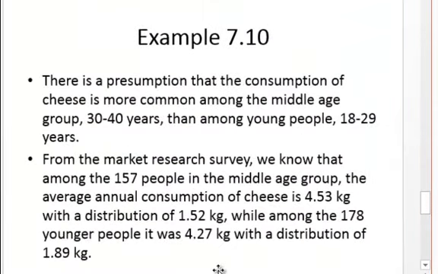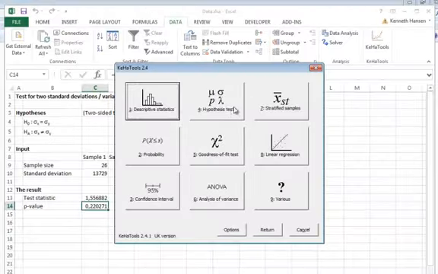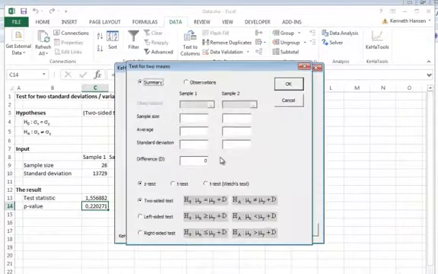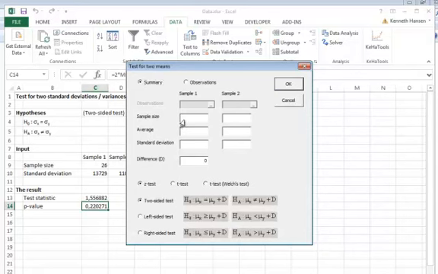Now we want to compare two samples, an older sample and a younger sample of persons, and we want to see whether there's a difference in the consumption of cheese. Our hypothesis is that the older persons consume more cheese than the younger persons on average. So we make a hypothesis test for two means. The first sample are the older persons.